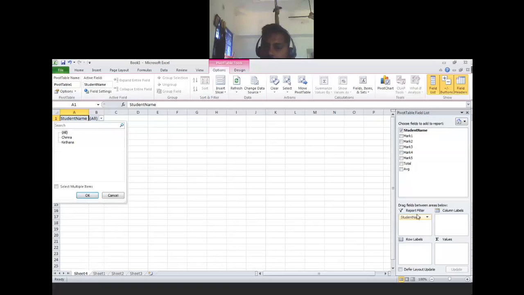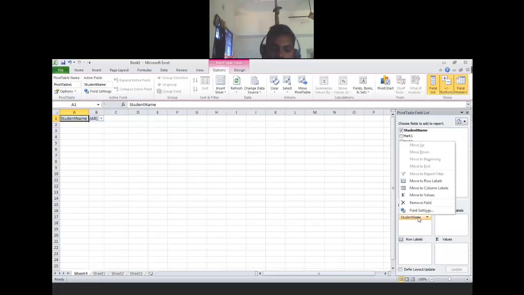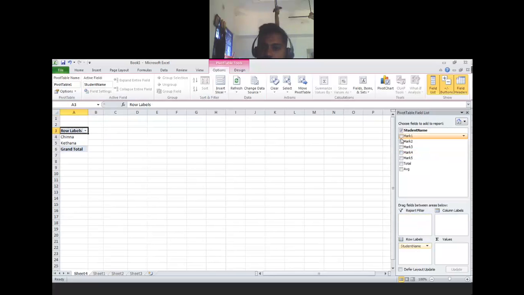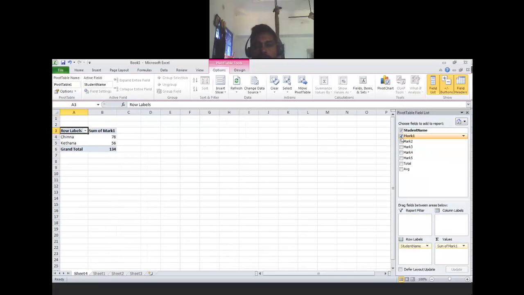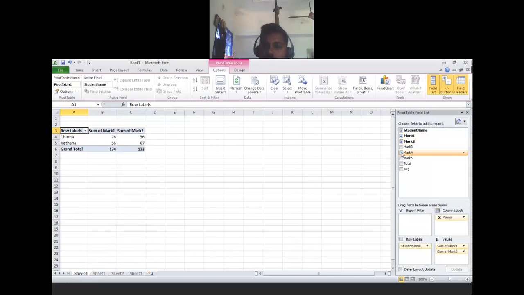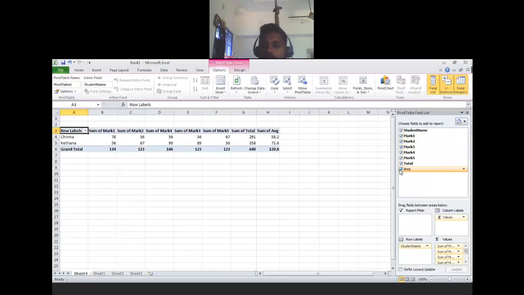But let me focus on row wise. Again marks, look, it comes automatically row wise, first marks, and it comes as the total. Everything comes pre-planned, the overall total.